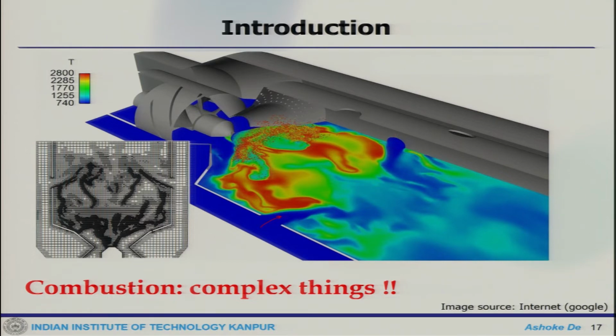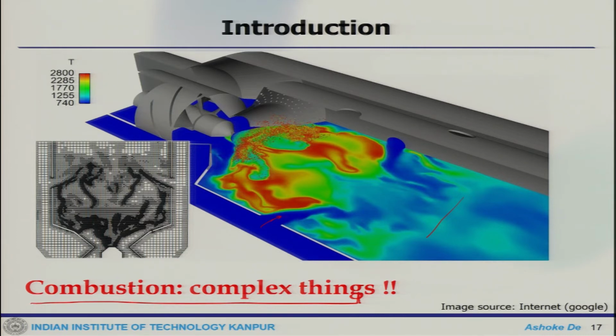There are multiple purposes of using those holes. They give you an advantage of mixing, so that the temperature distribution at the end becomes quite important and the pattern factor reduces, which is one of the desired aspects. At the same time, it allows cooling of the combustor wall surfaces, and thirdly, because of this uniform temperature distribution, your emission also reduces. So there are multiple aspects, but what is important here? If you look at this combustion process, there are so many complex things actually taking place.